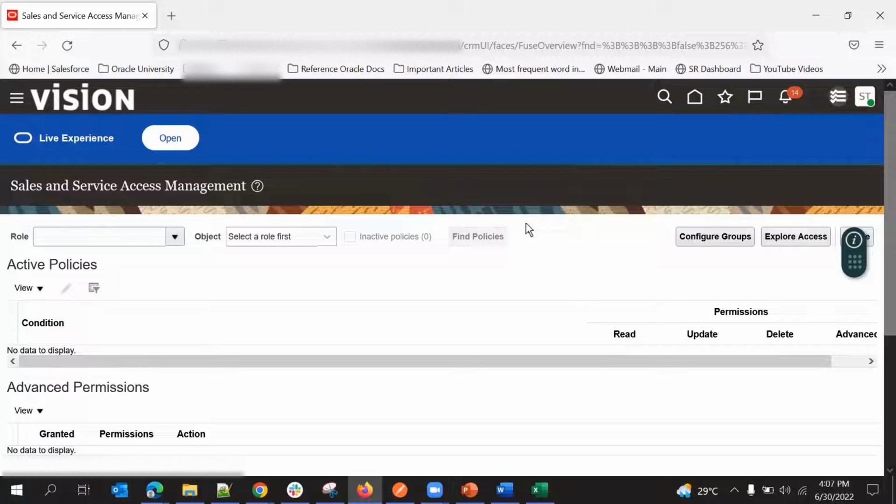That is one way, and the other way is through territory assignment. We have not covered that yet, but through territory assignment we can add team members. That is also one way of giving access to the leads,